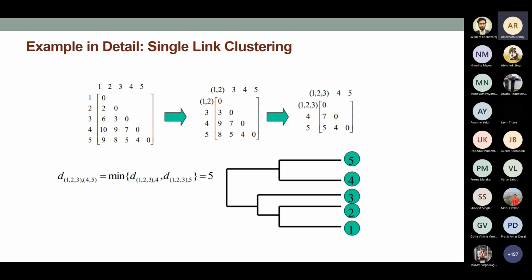Yes, it's 10, because 4 is in one group and 1 is in another group, and the highest distance is here, 10. So of course you get the value 10. Yes, that's correct. That is how you can compute the similarity in both complete linkage and single linkage, and then you merge. I'm not talking about average link, where you compute the average of all the distances. Do you have any questions after this?